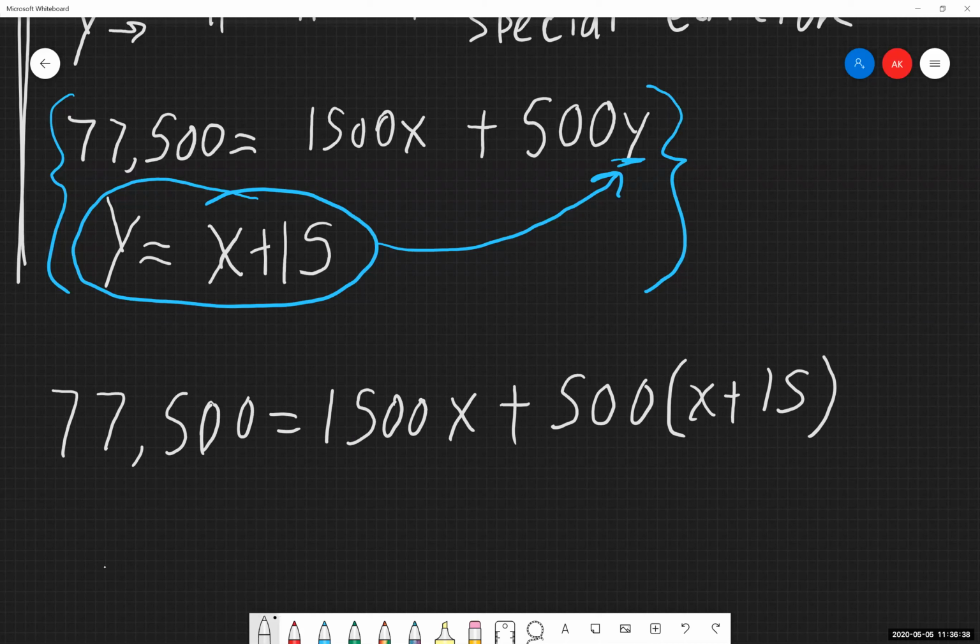So now I have an equation with only one variable type on here. I'm only working with x's now, and now I can solve this thing using the methods that we learned yesterday from 3.5. So from here, I'm just going to be using the distributive property. I am simplifying both sides of the equation before I start adding or subtracting things back and forth.